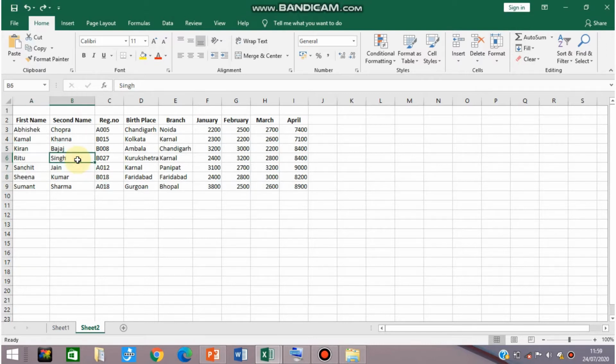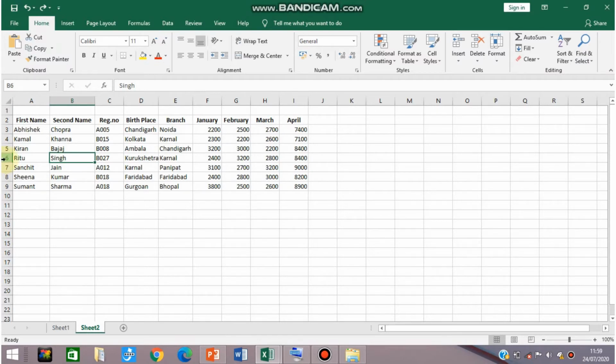Fine. Now the entire row or column can be selected by clicking the row or column header. Suppose I want to select the 6th row. Here, the column on which 6 is written is called the row header.